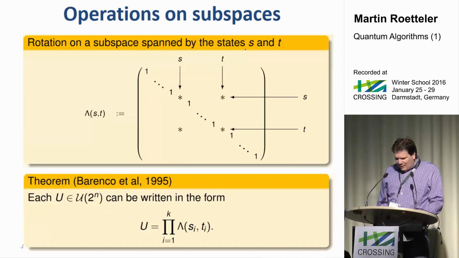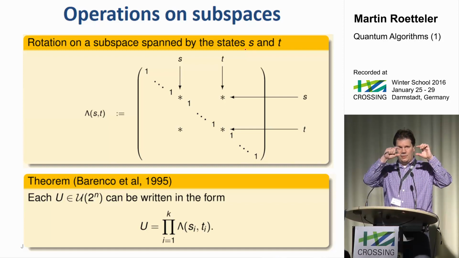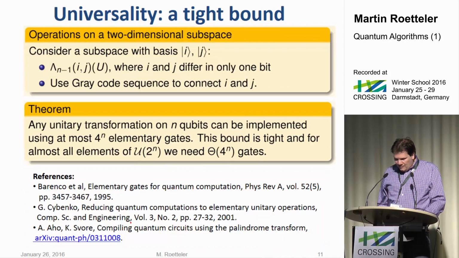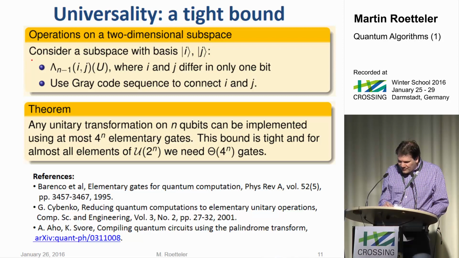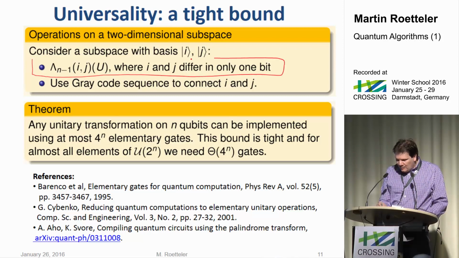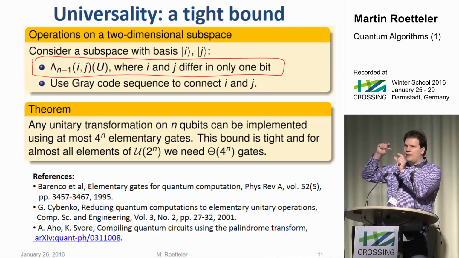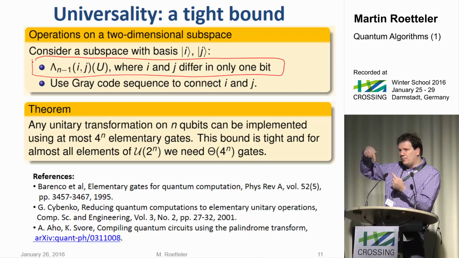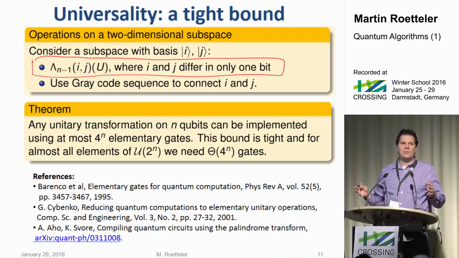Just to give you a hint how that's proven, it goes through the so-called Givens rotations. Those are operators that act on just a two-dimensional subspace, and it's well known that you can factor any unitary as a product of Givens rotations. Now what you can do is arrange these Givens rotations in a very specific way. You act on these two-dimensional subspaces in a way that when you pick the next one, the two subspaces differ only in one bit position. And so you line them up in a very specific way called Gray code.